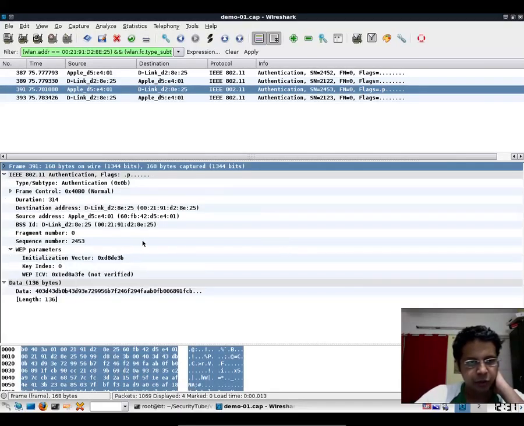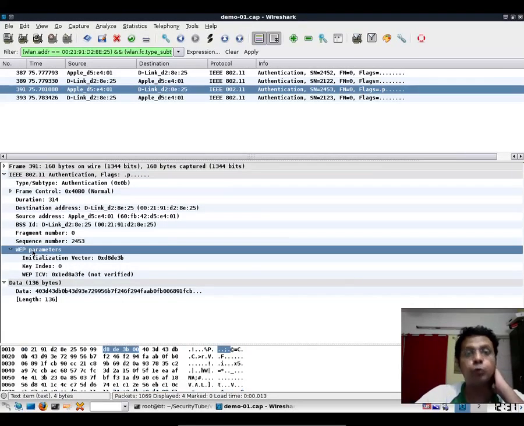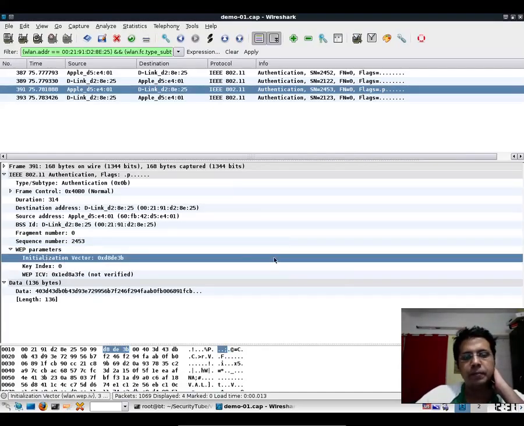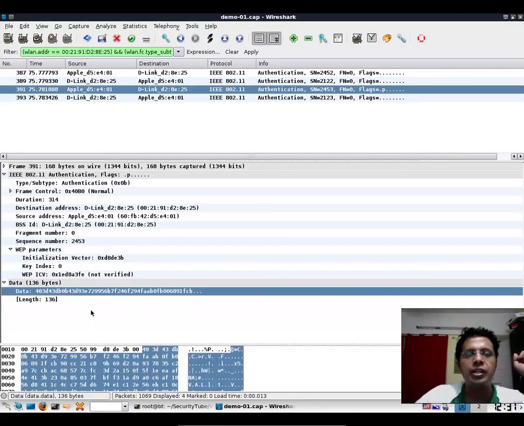Awesome. So if you notice, now we have a little different header which says WEP parameters, and here is the initialization vector, which is a 3-byte value, as you can see from the dump here. And this is actually the encrypted text, or the challenge which was sent. Beautiful, right? Now what happens is the access point goes ahead, decrypts the challenge, gets satisfied that everything